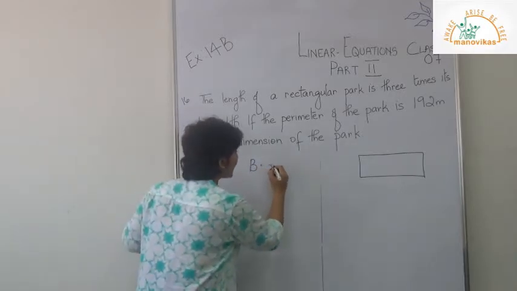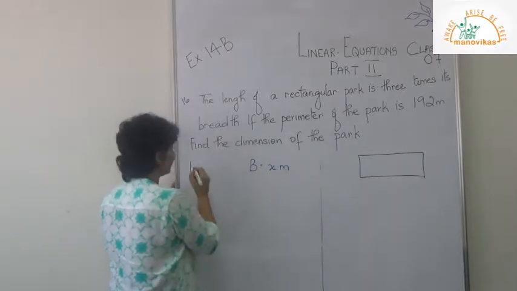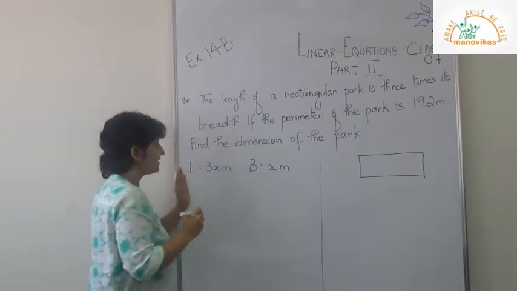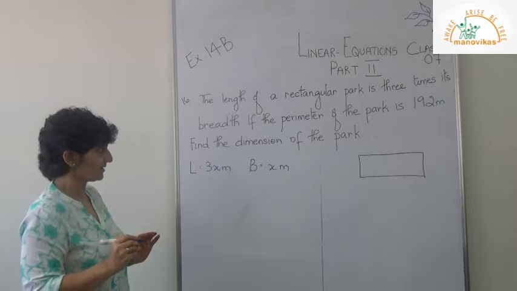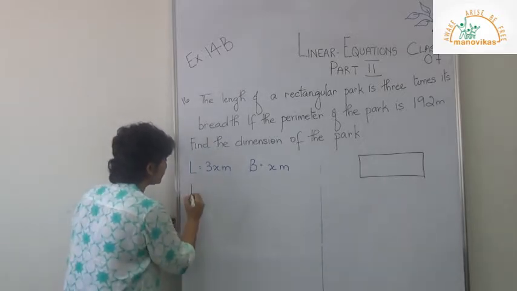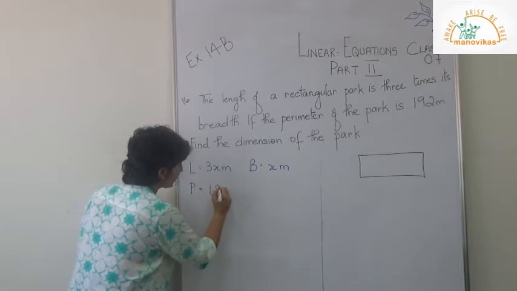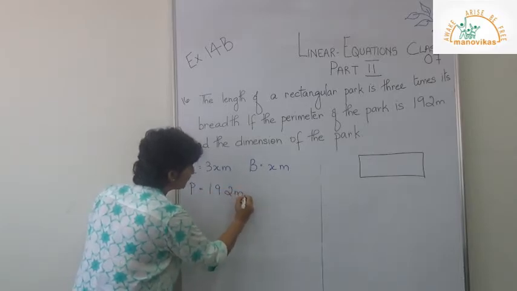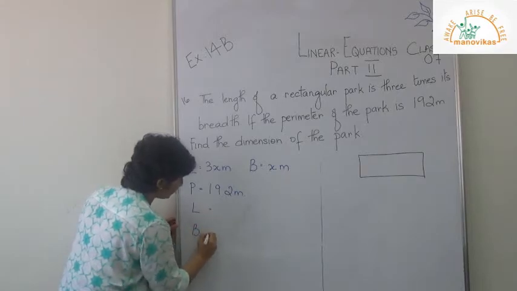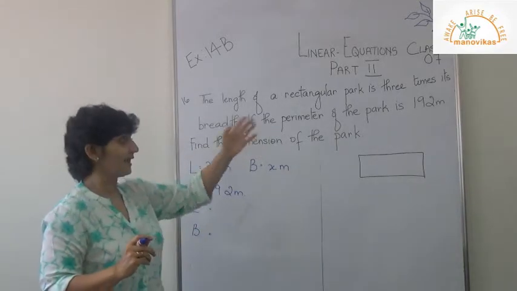So if this is x meter, then the length is 3x meter. Correct? 3 times its breadth. Alright, then if the perimeter is 192 meters,